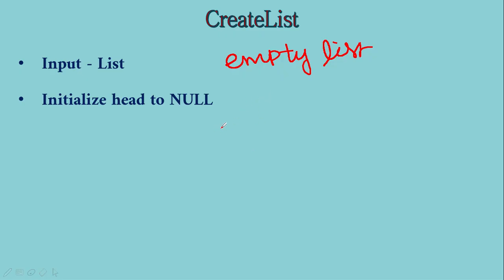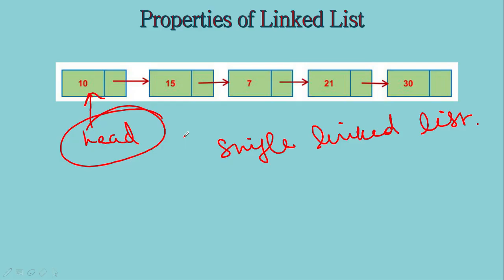So addresses will generally be initialized to null to indicate that they do not point to anything. What are pointers? Basically pointers are going to hold the address of some memory, and we will initialize pointers by making them null. So here also we are going to make head null to indicate an empty list. The objective of the create list function is to create an empty list, and we do that by just making the head null.